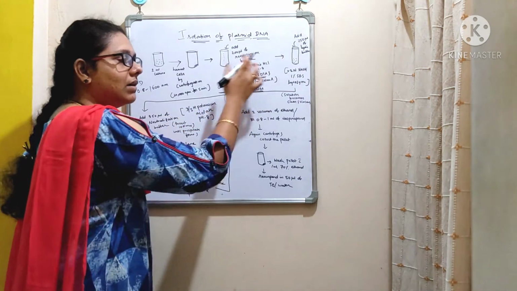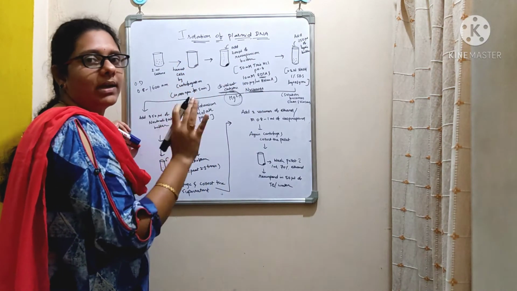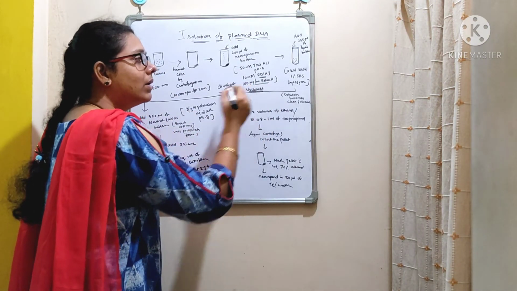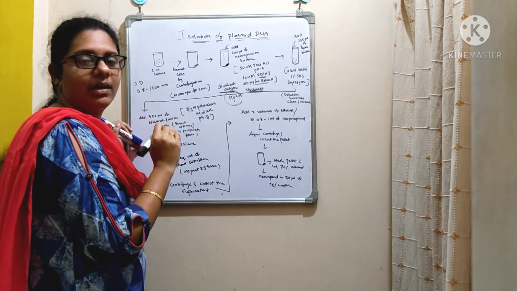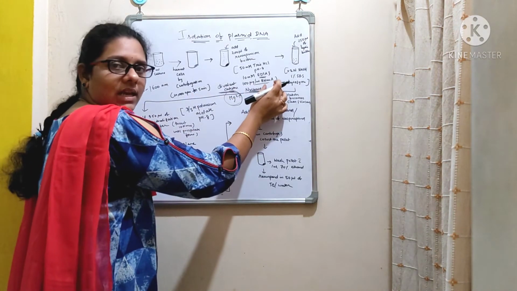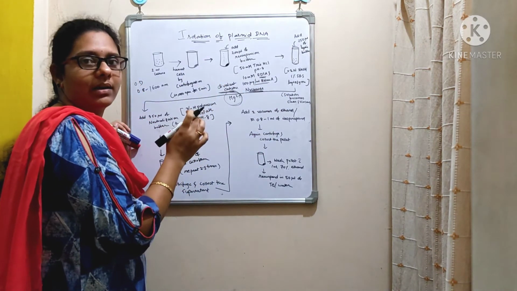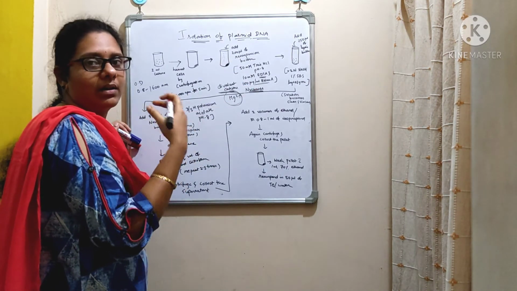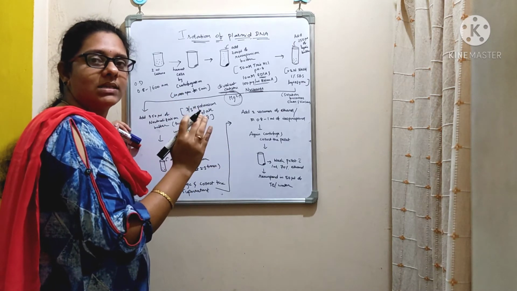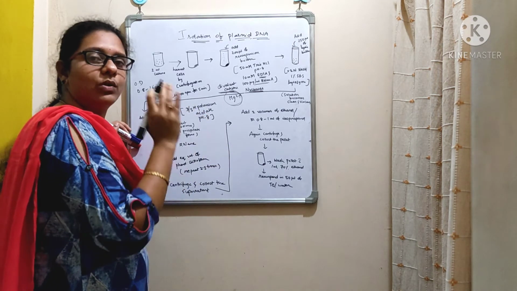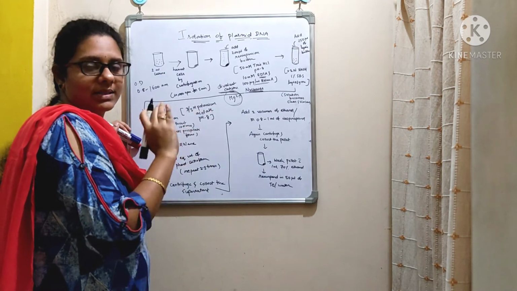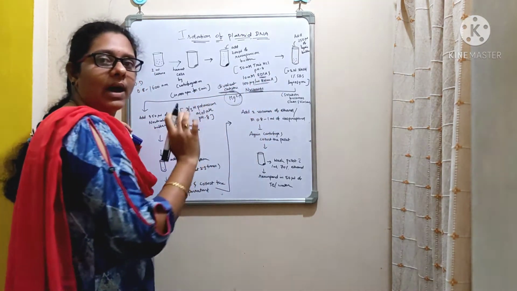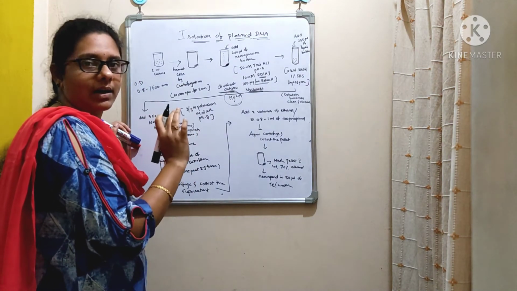Hope you understand. Here Tris is used to maintain a pH of 8. Next, we are also going to add 100 μg per ml of RNase. The reason for using RNase A is to degrade the RNA, because if the RNA is present, it is going to contaminate our sample. We are interested in isolating a pure plasmid DNA. So we need to eliminate cell debris, protein and RNA. So that is the reason we are going to add RNase A to degrade RNA.